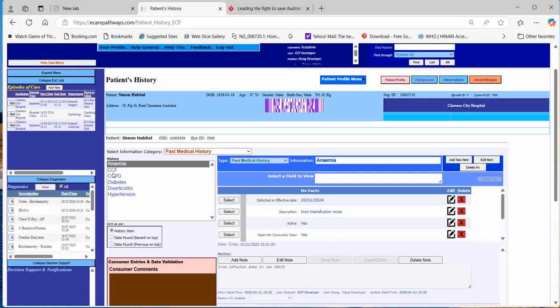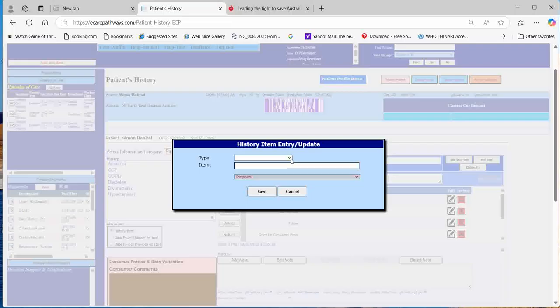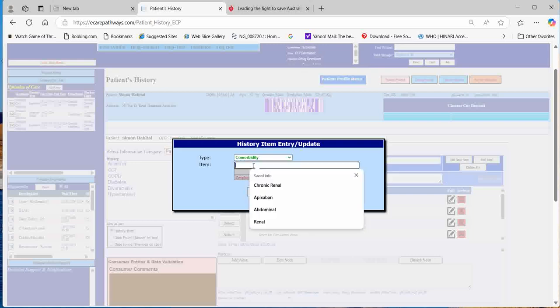Anyway, now let's see how you can enter a new history item or history information into this section. Let's say you're going to add chronic renal failure here. So I'll put it as a comorbidity. You can put it into one of these sections: comorbidities, past medical history or past surgical history. I'm going to put it into comorbidities. So I'll put chronic renal here, and